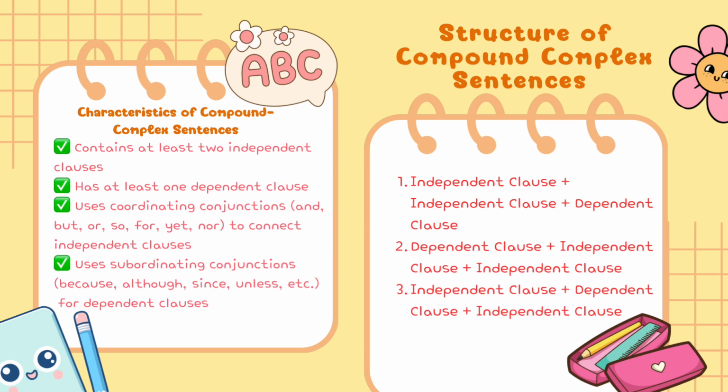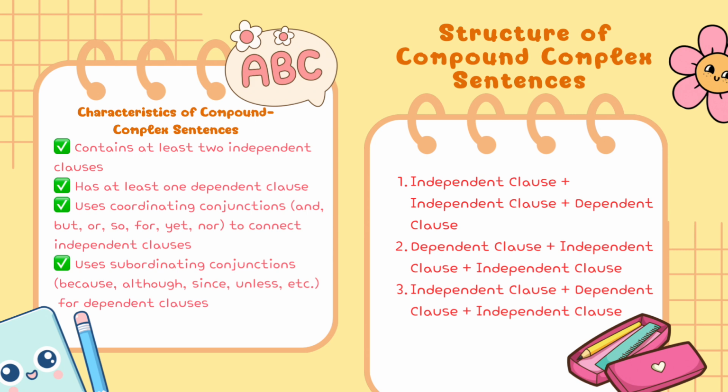Contains at least two independent clauses, has at least one dependent clause, uses coordinating conjunctions such as and, but, or, so, for, yet, nor to connect independent clauses, uses subordinating conjunctions such as because, although, since, unless, etc. to introduce dependent clauses. By understanding these characteristics, we can recognize and use compound complex sentences more effectively in writing